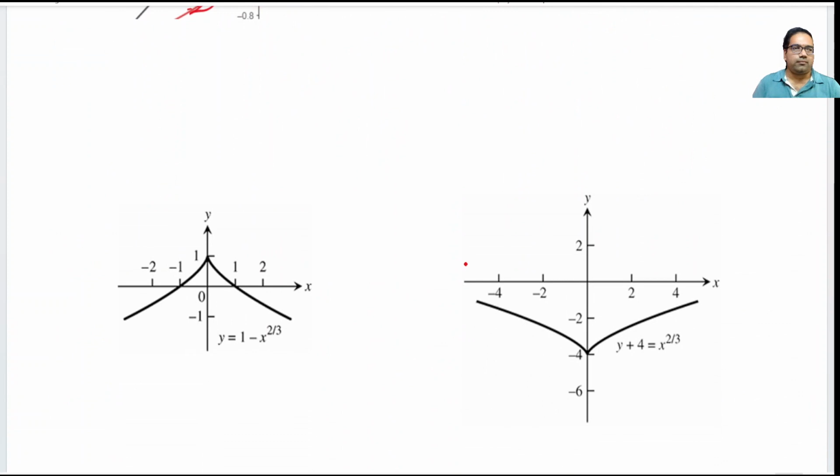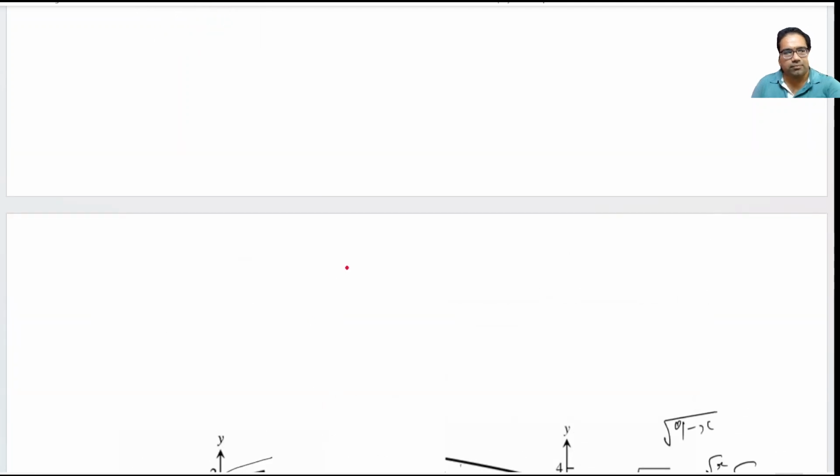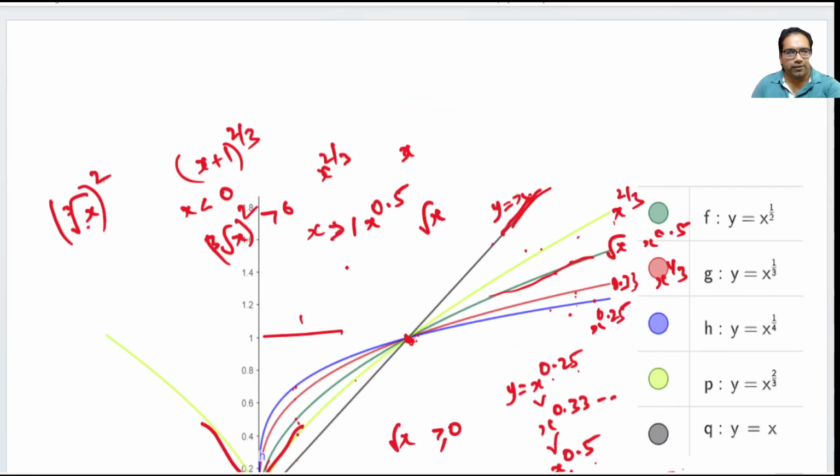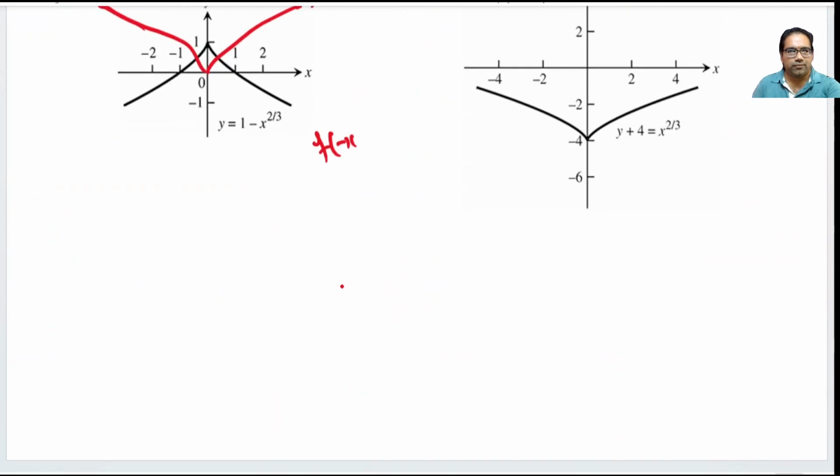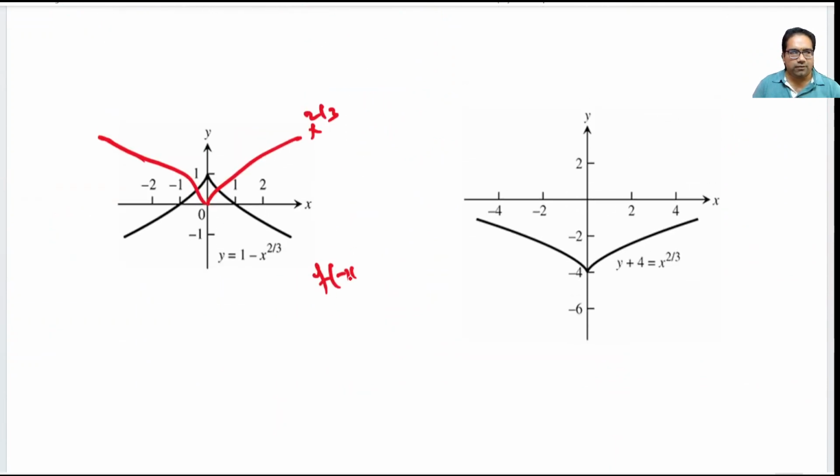Next one. Now, x power 2 by 3. What is x power 2 by 3? It looks something like this. We just discussed x power 2 by 3. Now, f of x is this. Then f of minus x, or sorry, minus of f of x, not f of minus x. Minus of f of x equal to minus of x power 2 by 3. Right. That is